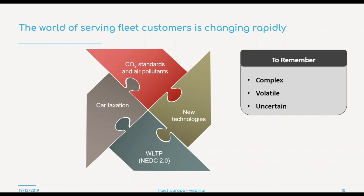Which basically summarizes for us what the reference point, or the frame of reference, for fleet clients has evolved to. When choosing a vehicle, it has become more complex than ever before to make a clear decision. So what we could say is that the reference point for fleet customers has become very complex, very changing, very volatile, but in a way also uncertain. On the next slide,